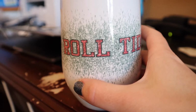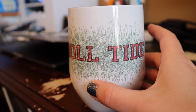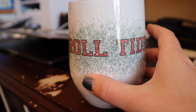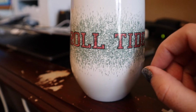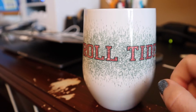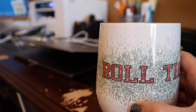Alrighty guys, so here is the design that we have made, and this is the side that we were covering up the mistake on. So if you get really close to it, you'll see that it's not perfect. You can still see somewhat of my design, and that is entirely my fault because, as I was telling you guys earlier, you need darker colors, and I really should have used a black as the background, but I decided to go with the gray, and I should have gone black. So because I didn't go black to cover it up, you can still see somewhat through,